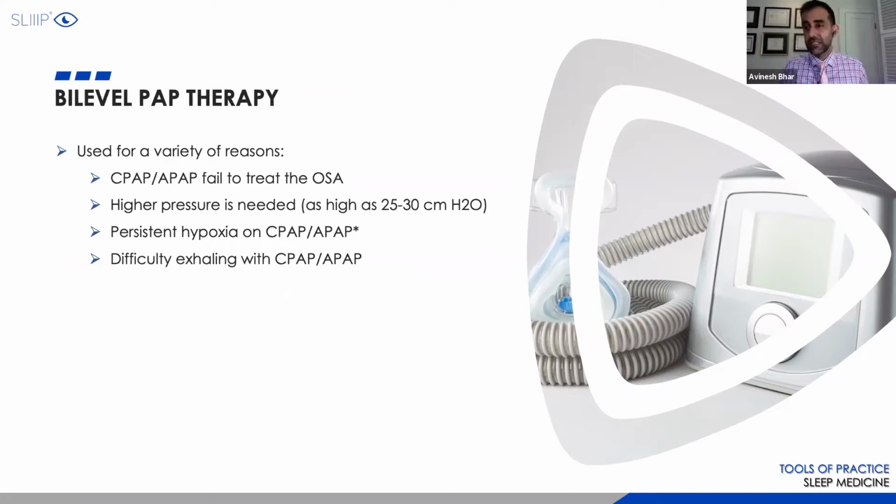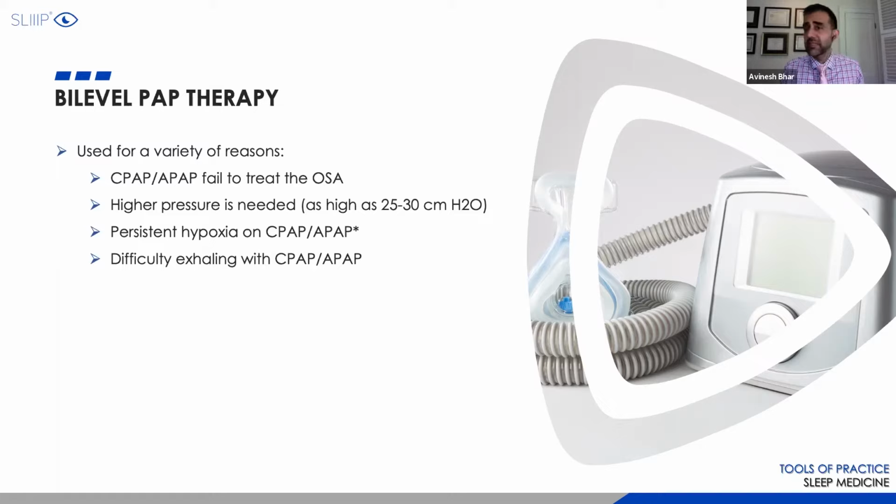It's used when CPAP has failed. Patients tried it, they really didn't like it. The pressures were too high, they were not comfortable with it. And those patients, even though they got a home sleep study done and got diagnosed, should be sent to a sleep lab. A BiPAP also has the added advantage of going up to much higher EPAP pressure, so that pneumatic splint can go up much higher, while in CPAP devices or auto CPAP, it goes up to 20. This one can go up to 25 or 30, depending on the manufacturer. So in patients who are morbidly obese, these devices are much better tolerated.